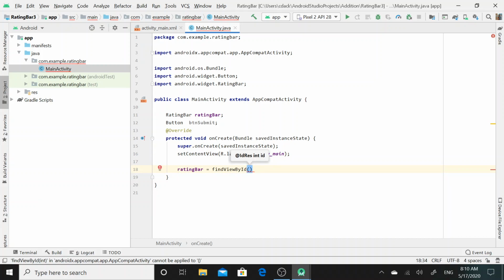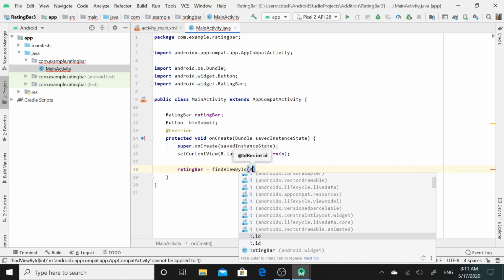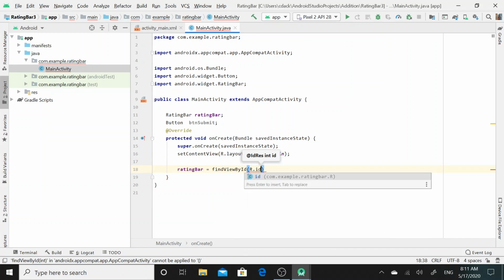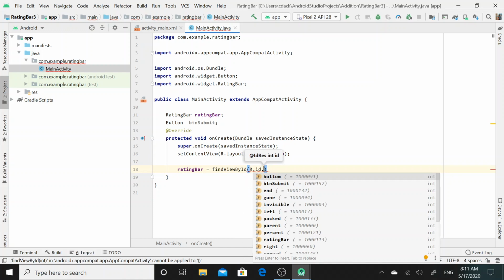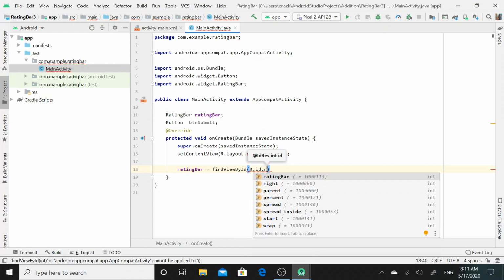I can locate the ID of the rating bar UI widget simply in the R folder. So here I will pass the parameter R.id., and this is the reference of the rating bar UI widget.